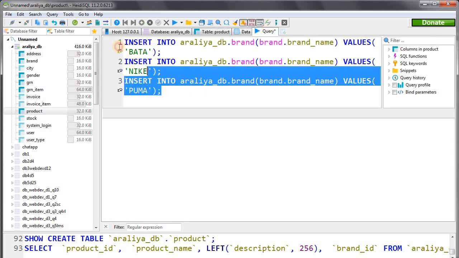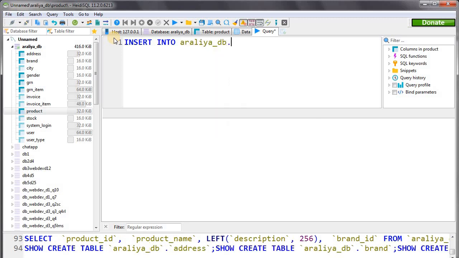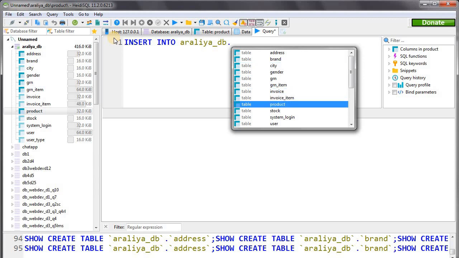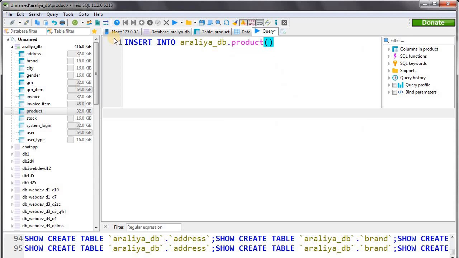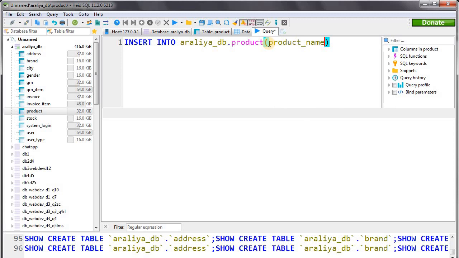Here in the query tab, let's delete this one and write a new query. Insert into, this time, RLEDB dot product table, and again we have to mention the attributes we are going to insert. Okay, product name.